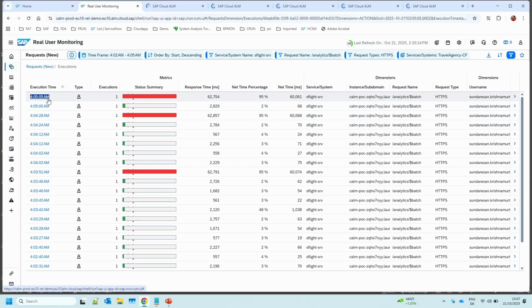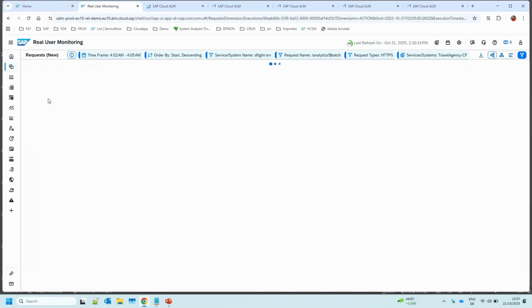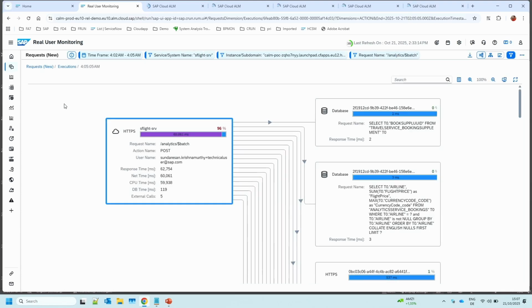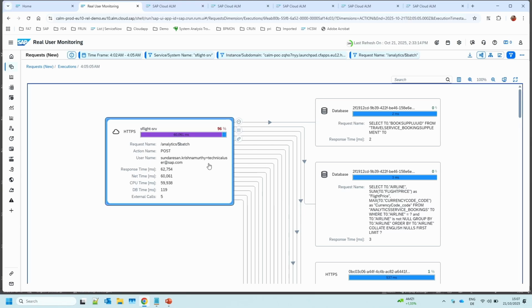By selecting one, we can display the details. You see the username who actually caused this response time. What was the response time for that batch request? It was 62 seconds, and 60 seconds were caused in that application. These are 96%.